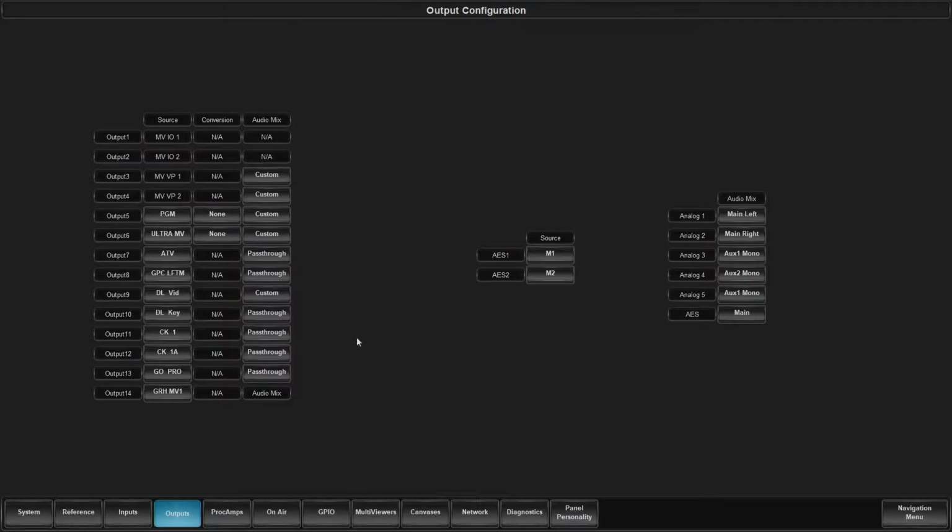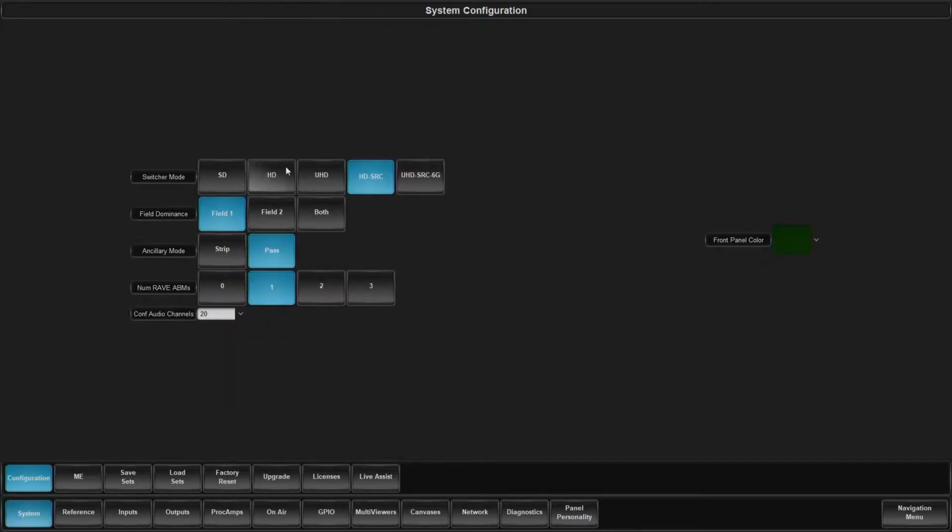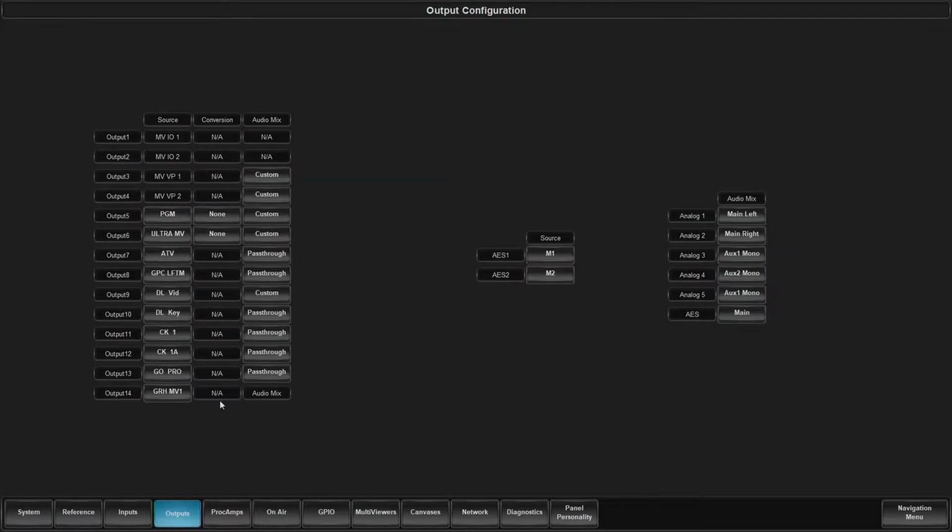If none of my inputs require frame syncs to maintain audio for the sources that need a frame sync, then you can just operate in the HD mode. And if I'm just in the HD mode, I will get every single one of those outputs a converter back.